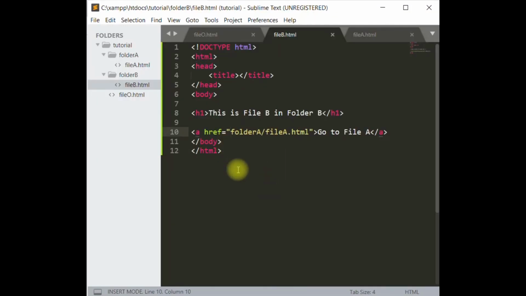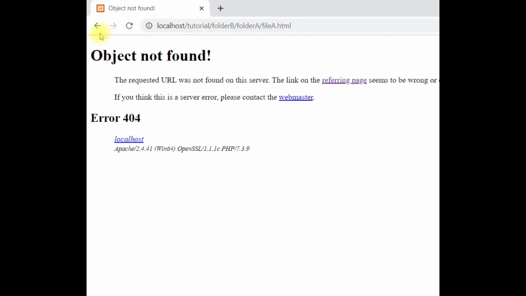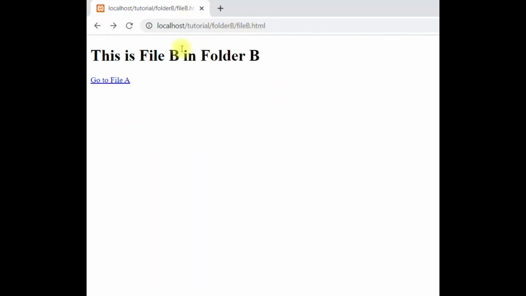So as per the file path system, to come out of this folder B, we have to modify the path here. So we'll put 2 dot and slash. This 2 dot and slash is helpful to jump out one folder and then search this folder A and this file. So let's see now what will happen. So we'll go back in the folder B, file B, refresh the page, and then I will click file A. So now see, we approach the file A, which is kept in the folder A.